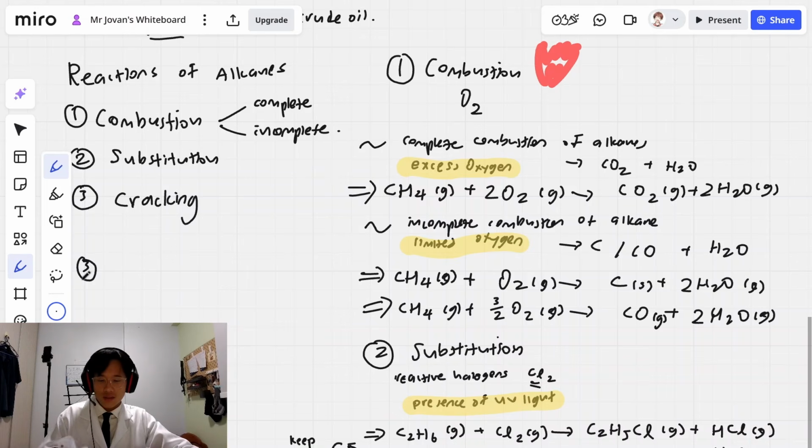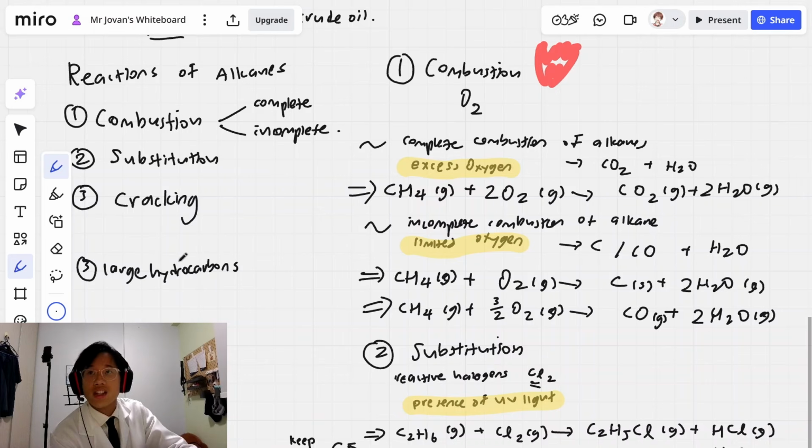Okay, the process of cracking is what gets the alkenes. So what happens? Cracking involves very large hydrocarbons, very large alkanes. We have to know this because we need to know how an alkene is formed from an alkane. Later, if it comes up again in alkenes, I will just copy paste it down there. So alkenes can be obtained from cracking